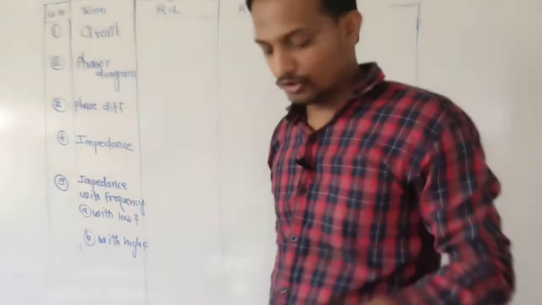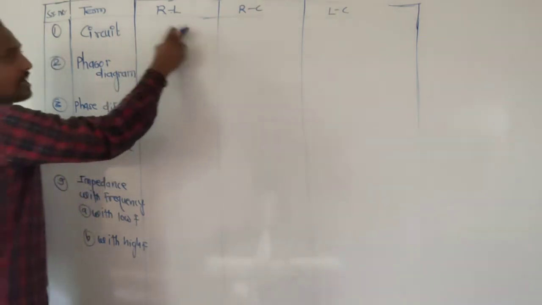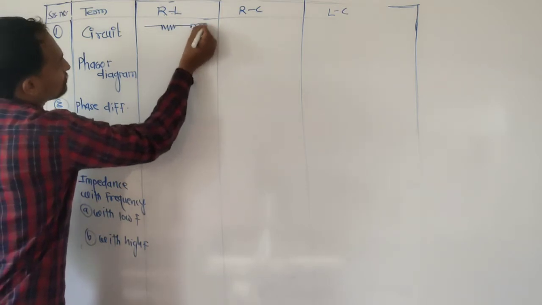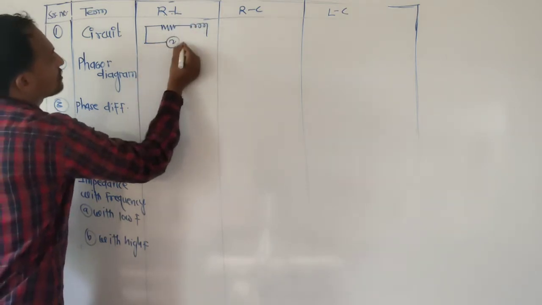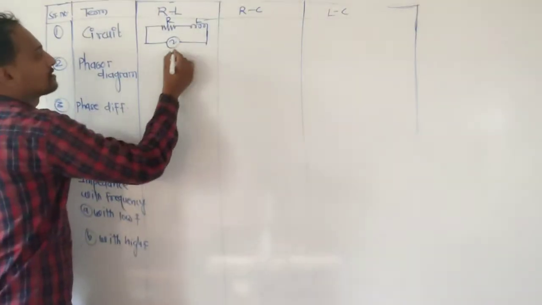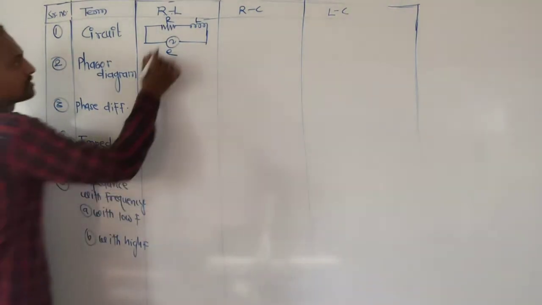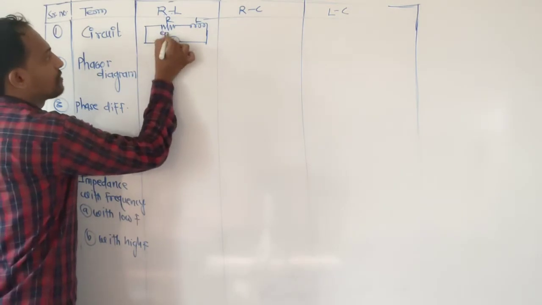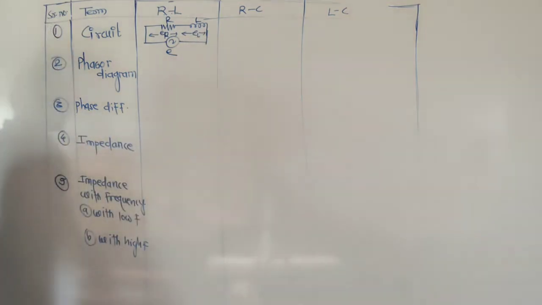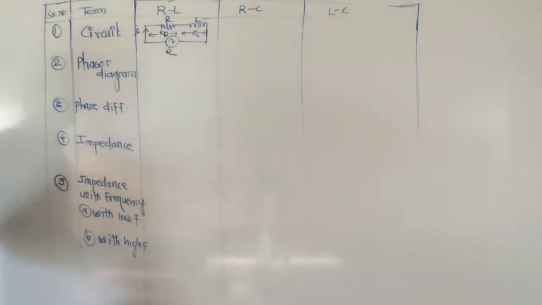So how do we discuss here? First we draw the circuit for RL circuit. This is the resistance and this is the inductance which is connected across the AC supply. This is the resistance and this is the inductance, and this is EMF E. Along this ER the EMF is distributed, and along this EL the EMF is distributed, and current is constant across each component.